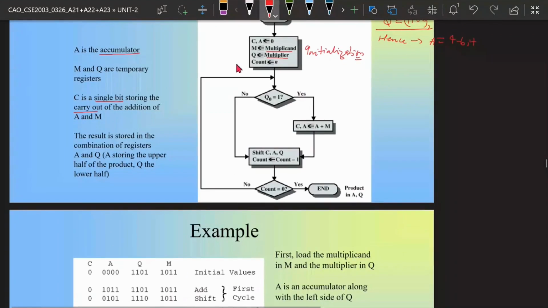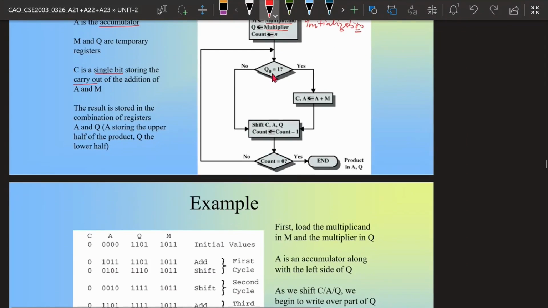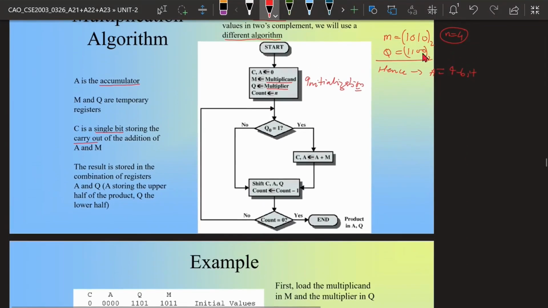So C is the carry out after adding A and M. Whatever carry there is after adding A and M will be stored into C. And then we will be checking Q0. Suppose Q is 4 bits, then this will be Q0, this is Q1, this is Q2, this is Q3. So once we proceed, we should be checking whether this Q0 is 1 or not. If it is 1,